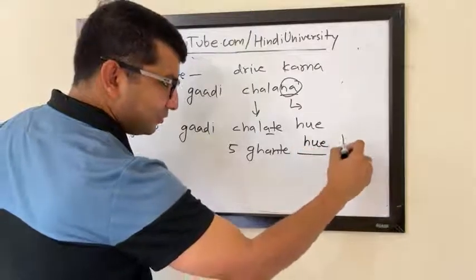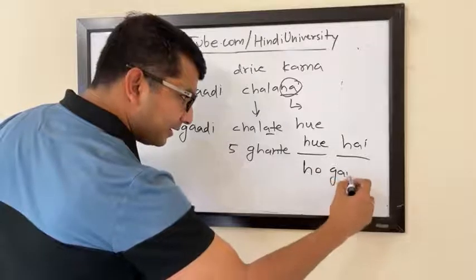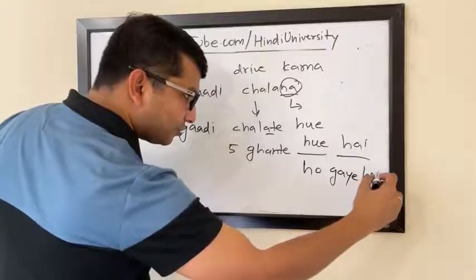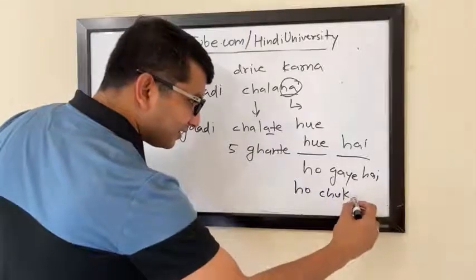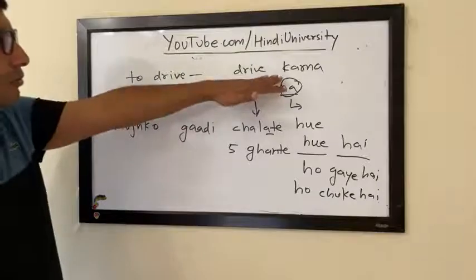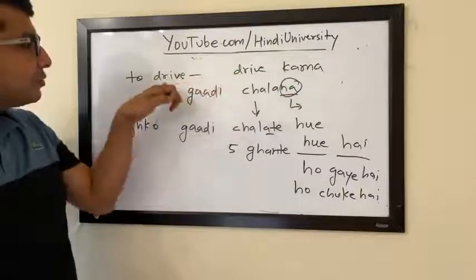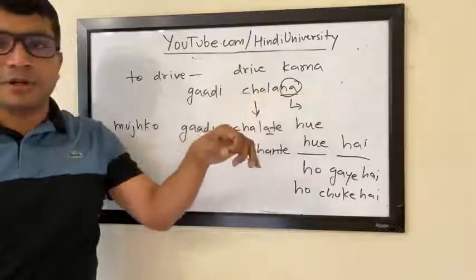Very good. You can say हुए. हुए हैं, हो गए हैं, और हो चुके हैं. All of them are correct. Wonderful. Okay, awesome. So sometimes, as Rita ji pointed out, to drive is gaadi chalana,